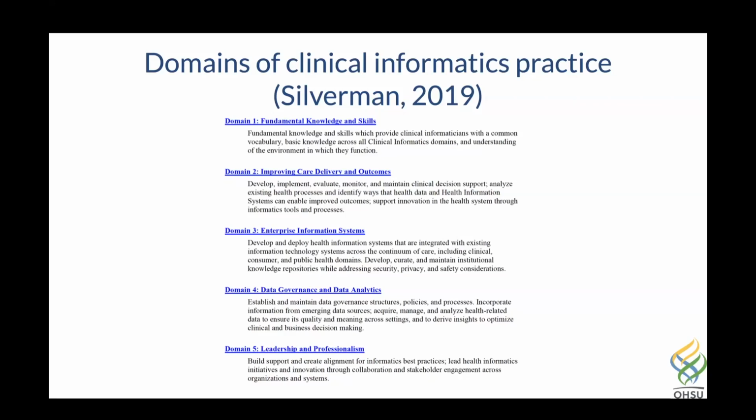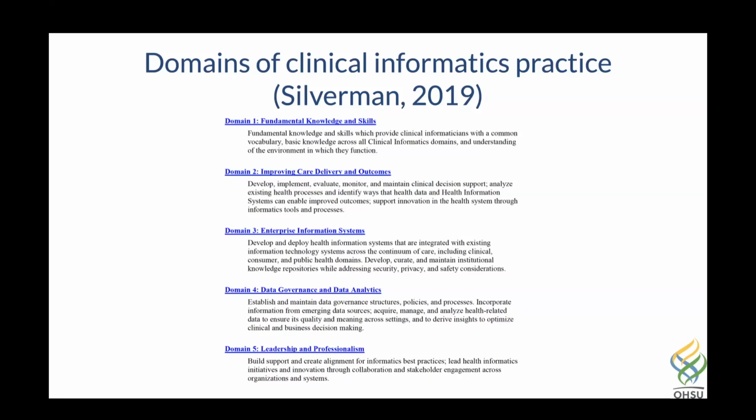The fourth domain, which was not its own domain in the original core curriculum outline, there were only 4 domains, but this analysis identified a fifth domain, which is domain 4, called data governance and data analytics. And this is all about data. And certainly with the growth of data science and AI and related areas, this area has become very central to